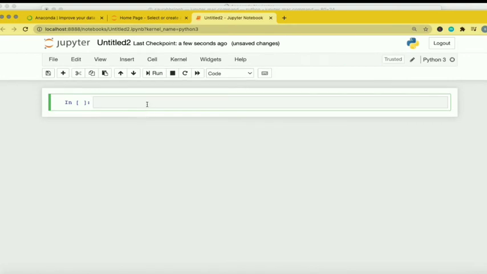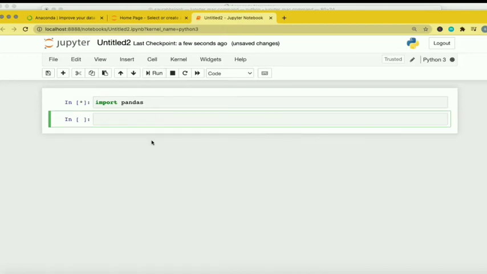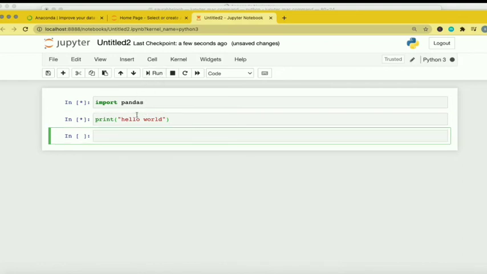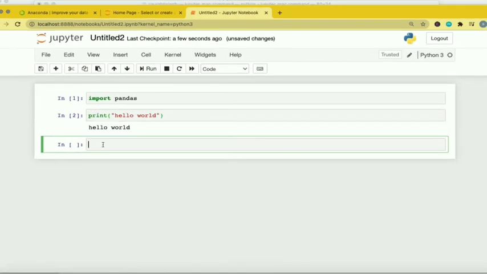Now as I have shown you, there was Pandas in our Anaconda environment packages, so I am importing Pandas. It may take some time, so don't close it. I am going to show you a simple print function in Python, hello world, which is the start of every programming language. Hello world. As you can see, in the first cell there is a star. It means Pandas hasn't been imported from the library yet. Now it is imported. Now I'm going to show you the input function just for example purposes.